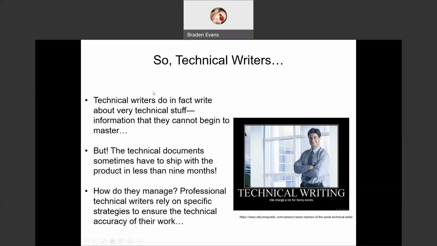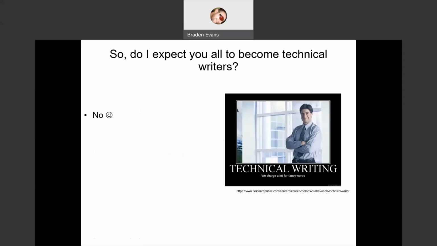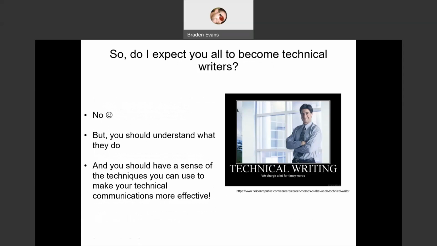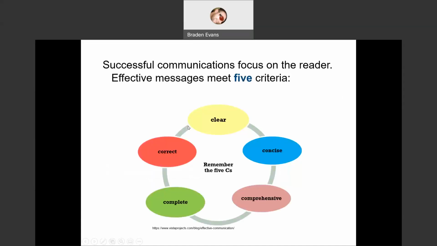So think about something like instructions on how to change, I don't know, a car's engine or transmission, something like that. Like, a technical writer is required, right? With all of the detail and moving parts, a technical writer is required to produce some instructions like that. And we'll have a lecture on writing instruction, on how we can do that, okay? So there's a whole skill to it. And again, thankfully, you're not going to be asked to transform yourself into a technical writer here, right? We're simply going to improve your technical communication for the day-to-day aspects of your job.